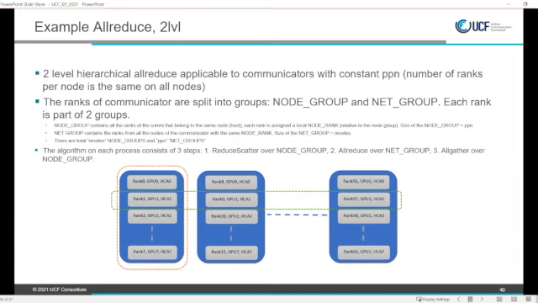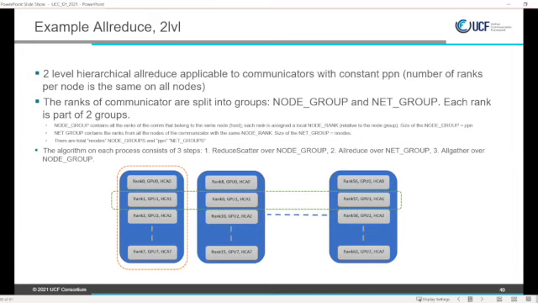So this is 3 steps, and then you can pipeline them, fragment the Allreduce, pipeline, and have overlap of in-node reduce-scatter and inter-node Allreduce. And then you could potentially reach full bandwidth that way. So that's another example of how a hierarchical algorithm can be used for bandwidth optimization. And in UCC, as I mentioned, what we need to do, we need 2 pieces.